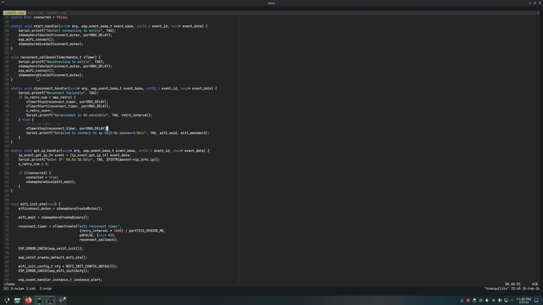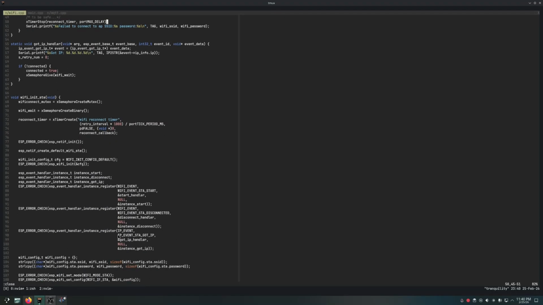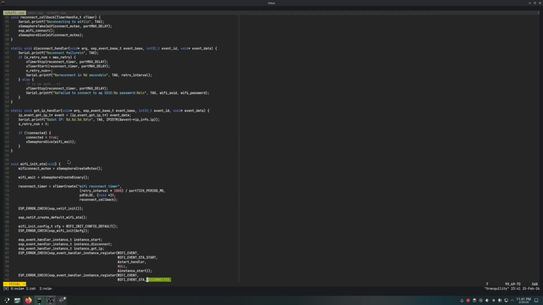So yeah, when this IP event occurs, which means you get an IP address back from the router again, it's going to run this IP handler, and inside the IP handler, it's quite obvious, it's going to print the IP address. What this part of the code does is not really necessary for me to explain, but